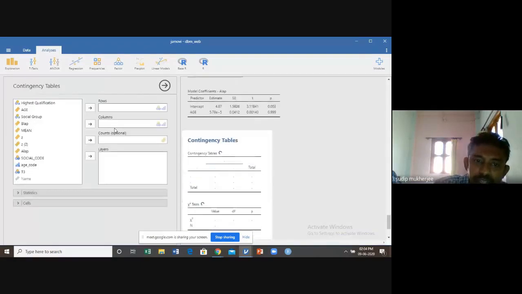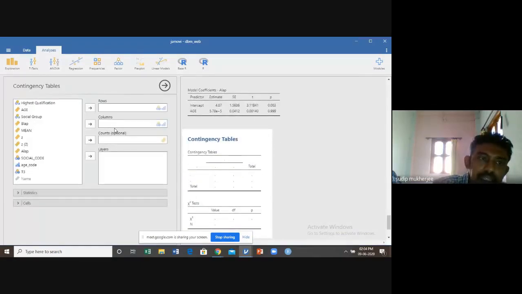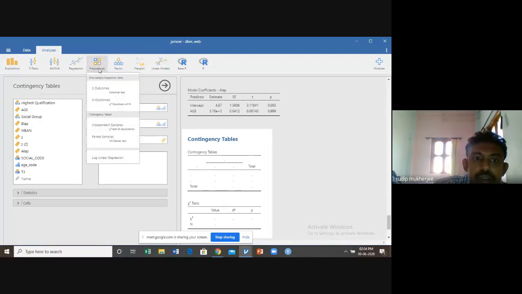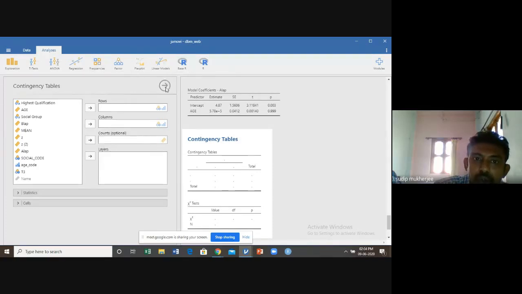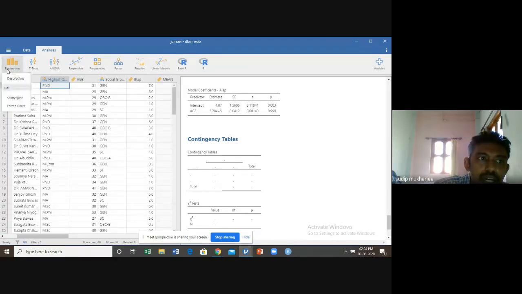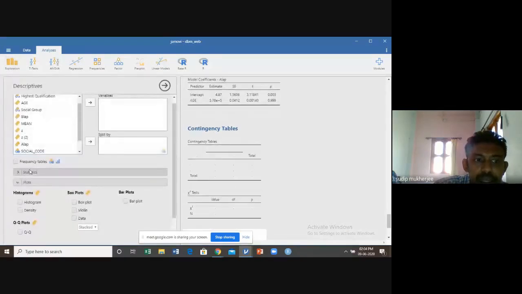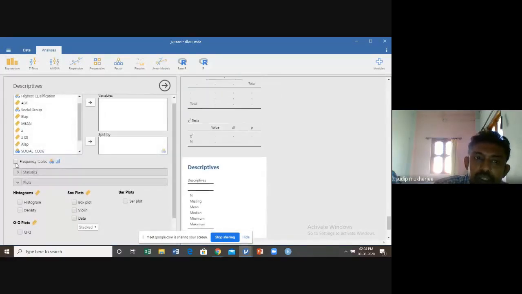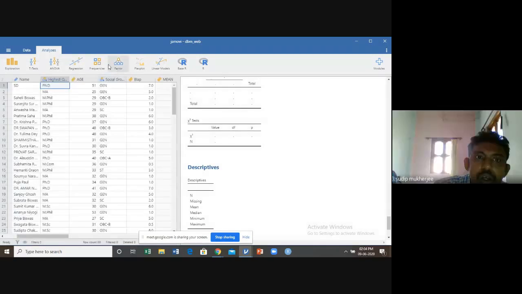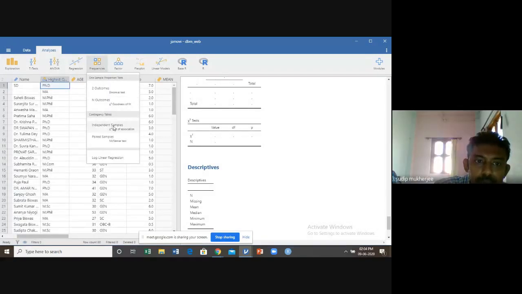Using this option, you can create different types of two-way classification table. Just like the frequency table in the explore option, you can also use the independent samples option under frequency.